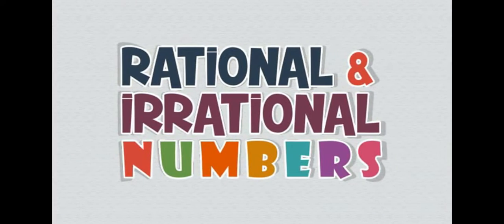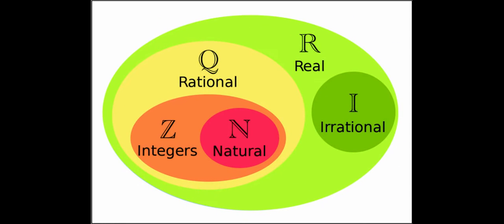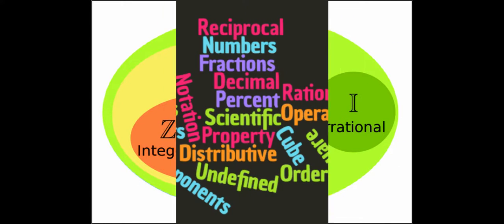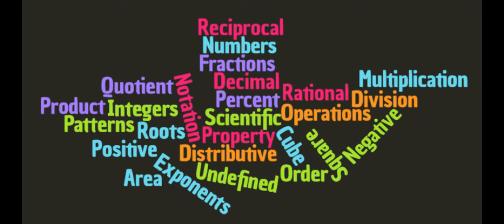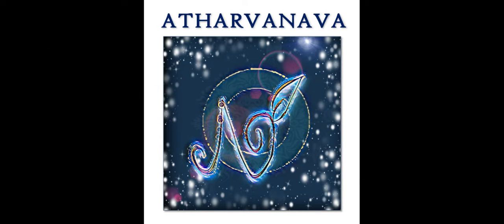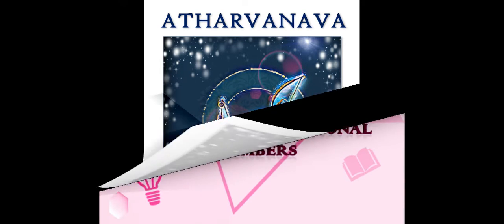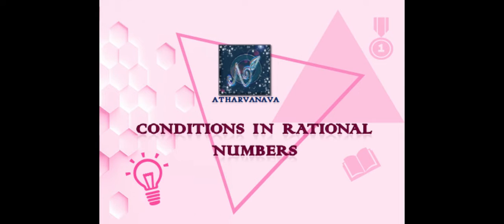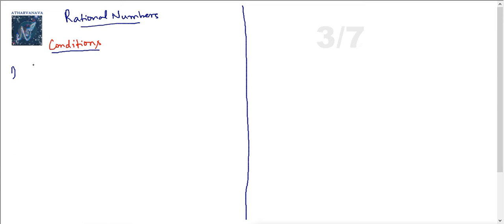Moving on in rational numbers, let us find out what a rational number looks like. When do you call it a rational number? What are the conditions to be followed? As well as, let us see what rules are applicable in rational numbers. Let us learn in this session further about rational numbers.